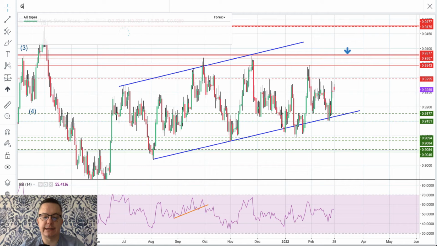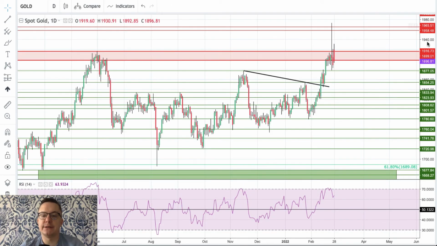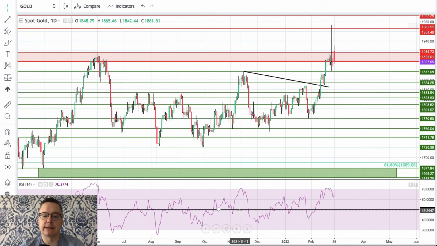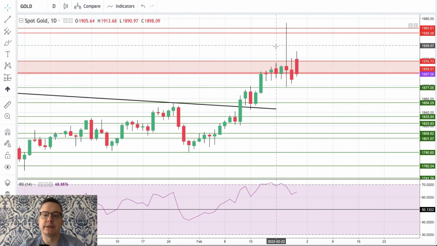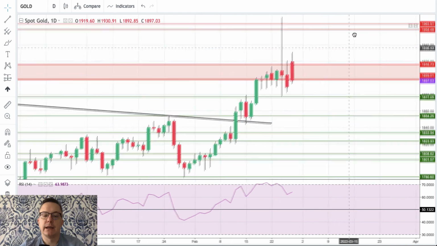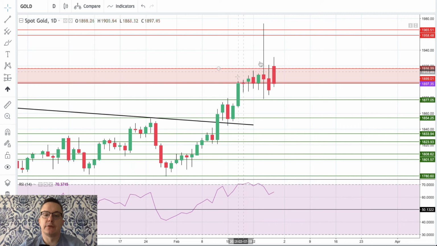Last but not least, let's take a look at gold. The spot gold market, as you can see, has been under the control of bears recently. We had this big candle here, and it looks like after that very spectacular rally of over $200, right now the market of gold is trying to go back to levels below 1,877. However,